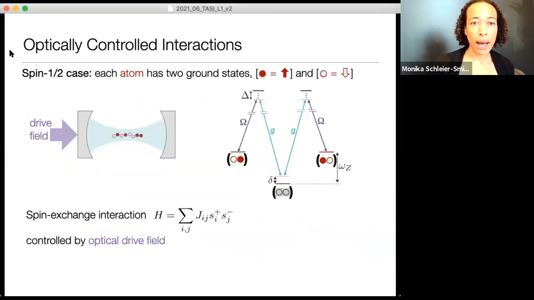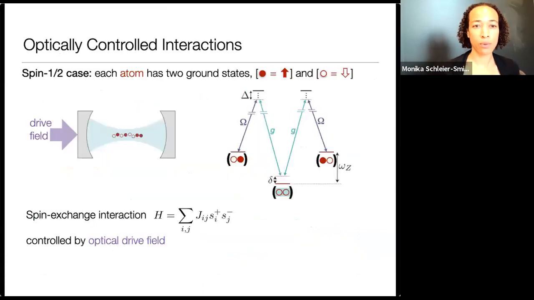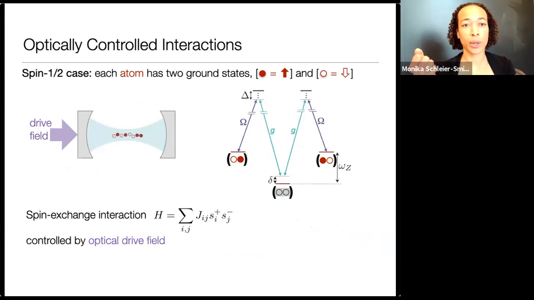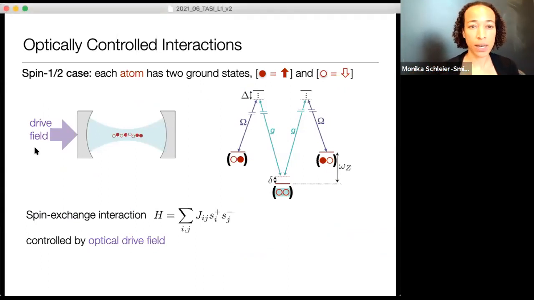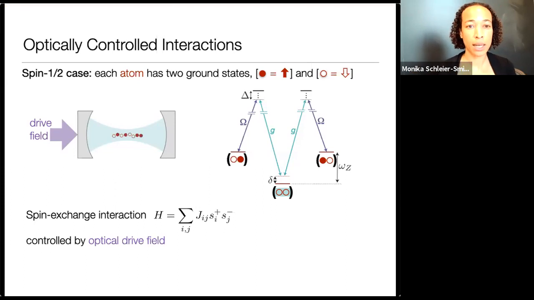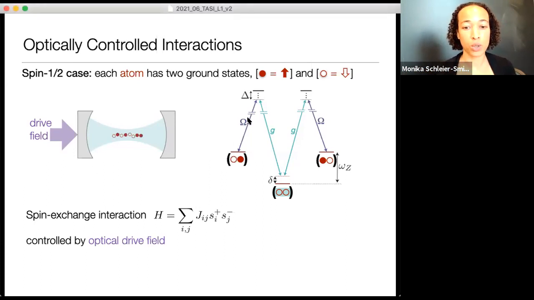So first, in order to have some degree of optical control over these interactions, I gave a cartoon picture earlier where an atom emits a photon and that gets absorbed by another atom. To be a little more specific, our spins are encoded in some ground states of our atoms, and then there's an excited state, so essentially we have a two-photon process. A laser couples us to an excited state, and we're far detuned from the excited state. The key point is this laser controls basically the coupling of atoms to the cavity.